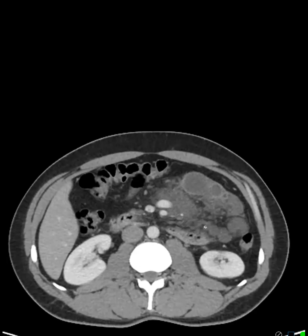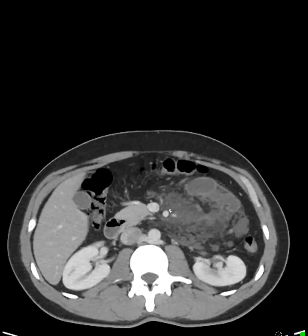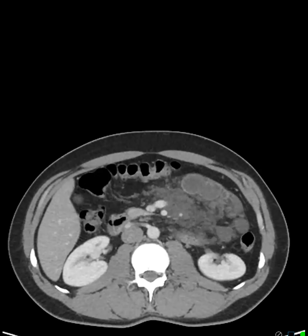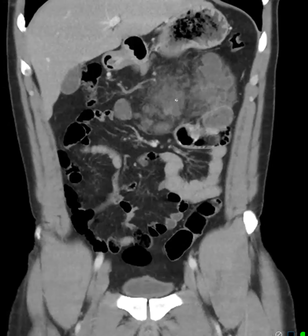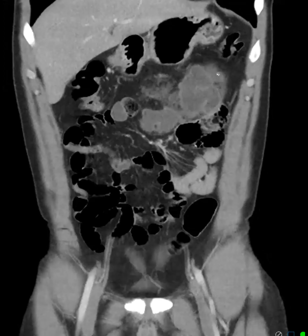So we can see it's mainly along the mesentery, and it is on both sides of the superior mesenteric vein and superior mesenteric artery, but without any mass effect. Also, we can see similar findings on the coronal. Laterally, they look a little bit different. Looks maybe slightly bigger. I'm not sure, maybe peripherally enhancing,